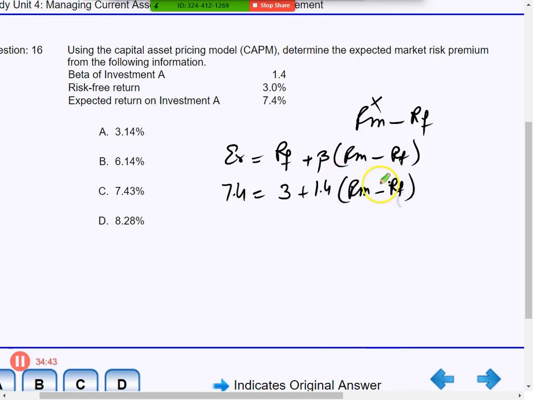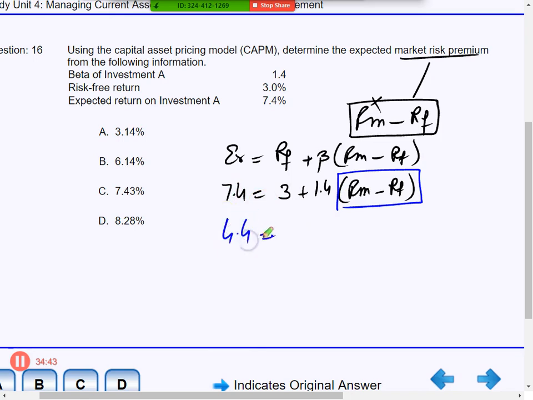We don't need to input any number. Why? Because we need exactly this arrangement, RM minus RF, which is in fact the market risk premium. Don't simplify this any further. Keep RM minus RF as the subject of your equation and keep it as a block and solve it as it is. So 7.4 less 3 will give you 4.4. So 4.4 is equal to 1.4 times RM minus RF, which in fact is my requirement, which I've enclosed in a block. So it's going to be 4.4 upon 1.4